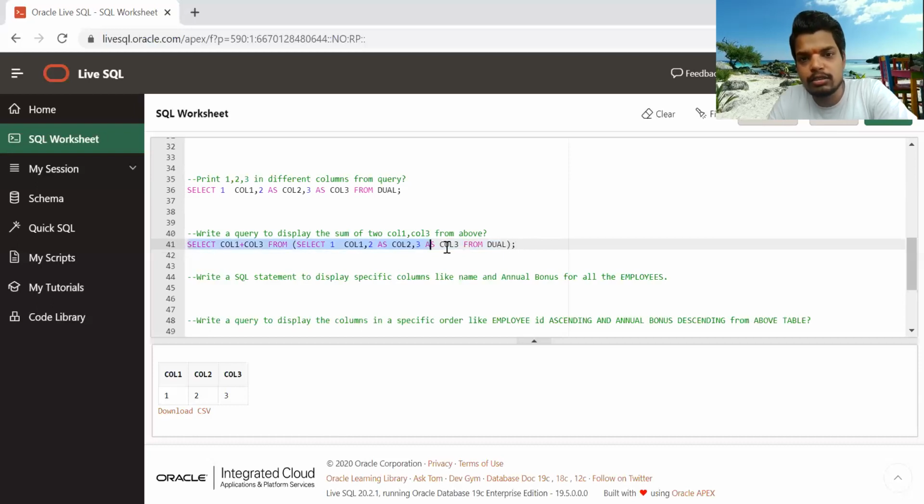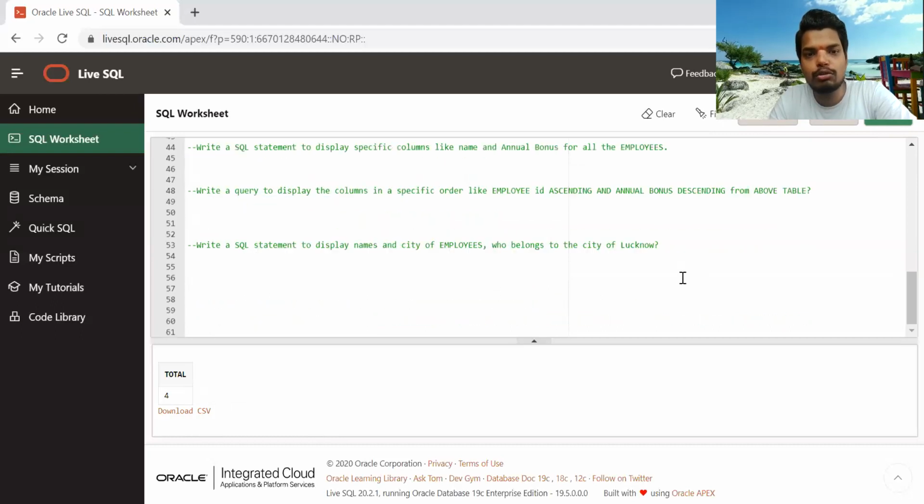So let's check what the value of column 1 is, that is 1, and the column 3 value is 3. Let's alias it as sum, or you can write it as total. Sum is an Oracle keyword, so sometimes it may confuse, that's why I have written total. Let's run this. Total is 4. Column 1 had value 1, column 3 had value 3, so 3 plus 1 is 4. That's what it has done at runtime, giving the sum of the two columns. So this is one.